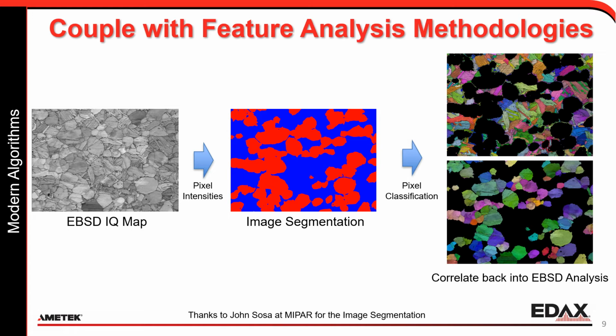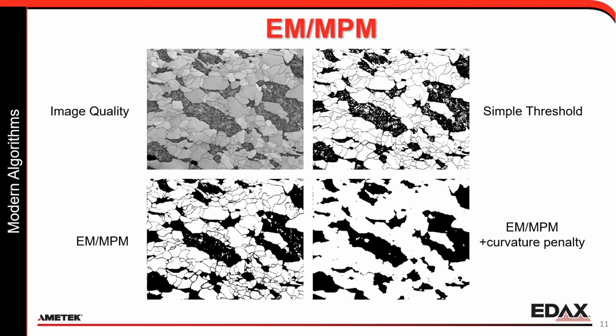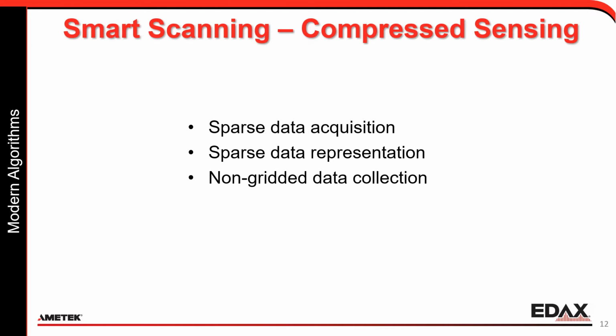And that's just one application. You can imagine certainly many others that could benefit from coupling these two technologies together. One example of that is EM-NPM. The idea is that instead of using a simple threshold to separate a binomial distribution that you see there on the right, we know that we'll misclassify many of the points in the trough with a simple threshold. And so if we apply more sophisticated means, then we can start to differentiate these areas using this type of analysis. And that then leads into the idea of smart scanning.